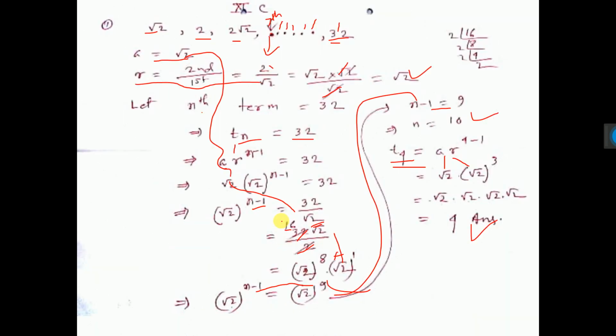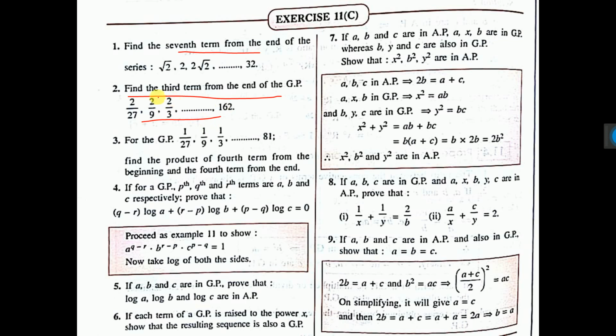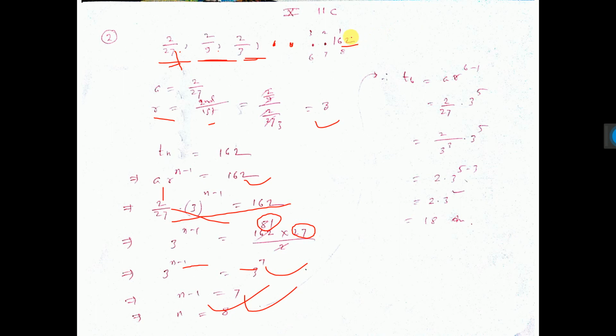Now in the question it is told third term from the end. Find the third term from the end. So third term means you do first, second, third. This is first, this is second, this is third. Third term from the end I count here. So from the beginning it is which term? First, second, third, fourth, fifth, sixth term this is. That is why I calculate T6. A into r to the power 6 minus 1, put the value of a and r, do the calculation. This 3 will go there and will be subtracted. So 3 square means 9, so 18 is the answer.